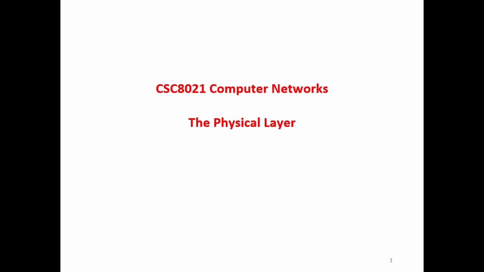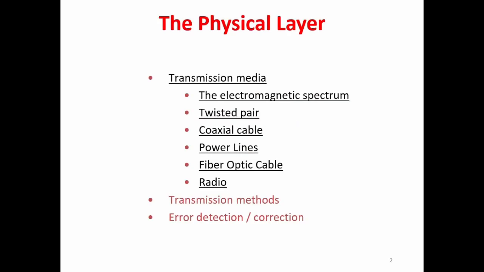Okay, let's start with the details of the first layer from the bottom, which is the physical layer. During this lecture, I will talk about the transmission media, which media in the physical layer we can use for the transmission. We can see the electromagnetic spectrum for different frequencies of the wave, and also different media, for instance, twisted pair that is widely used in internet, coaxial cable that